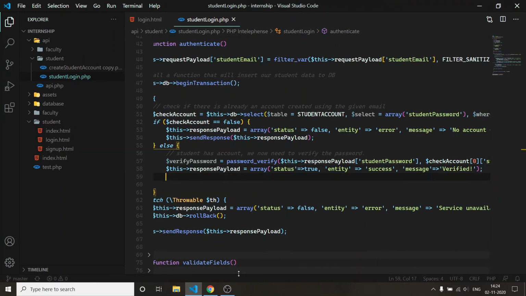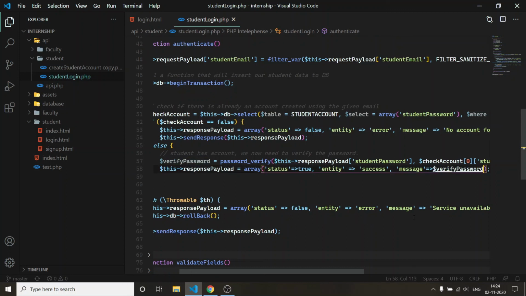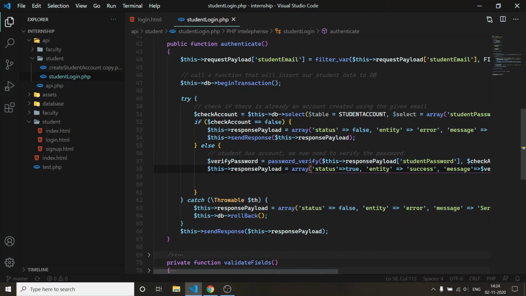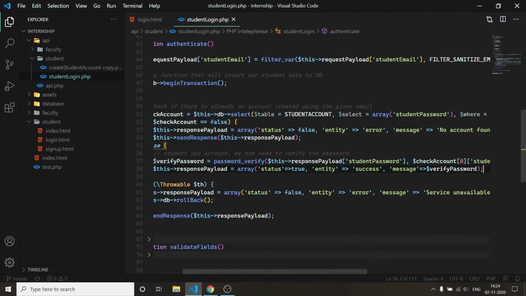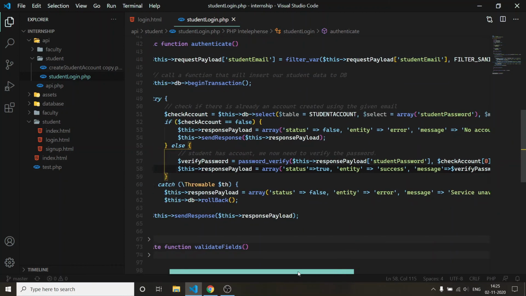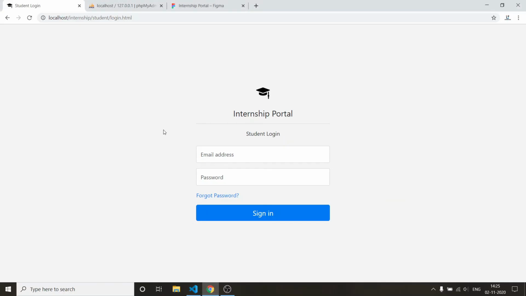Otherwise, instead of verified, we will pass verify password, to see whether it is verified or not. So here we go. Now we have an API which will simply return true or false in the message field if the login attempt is satisfied.